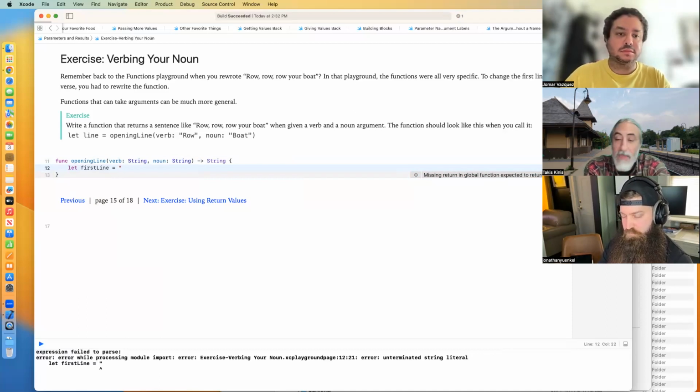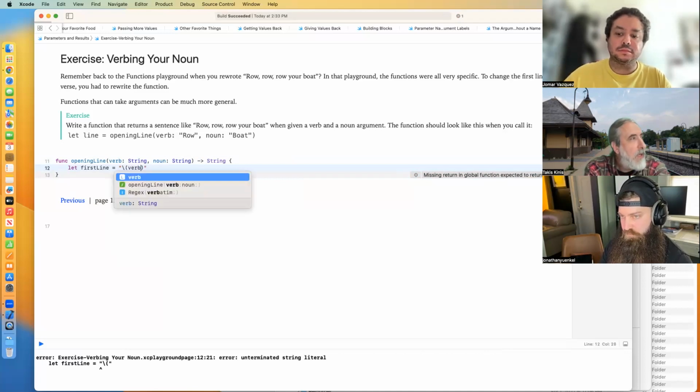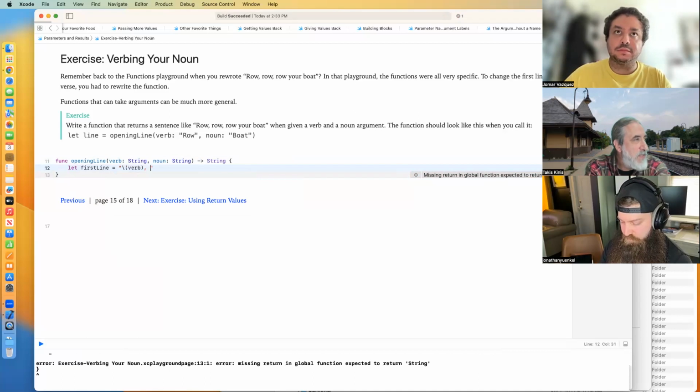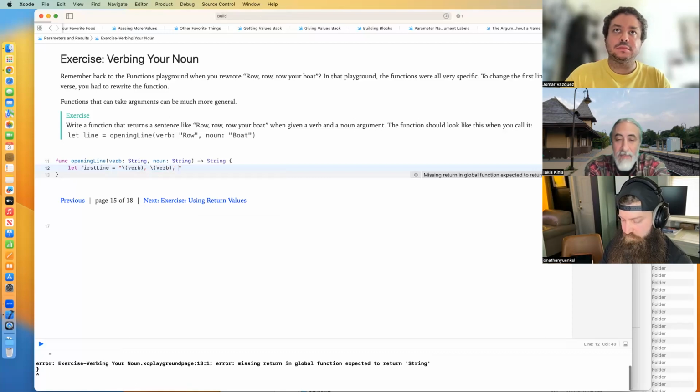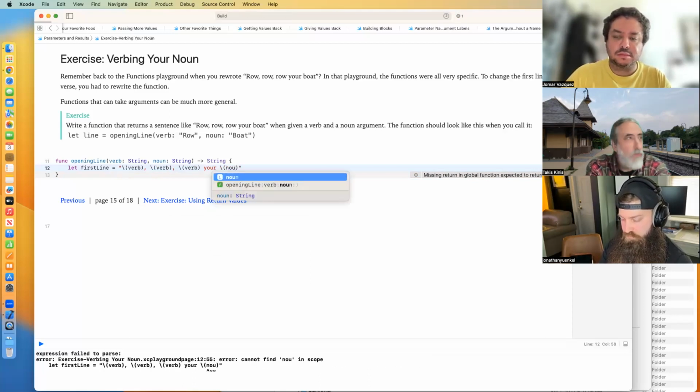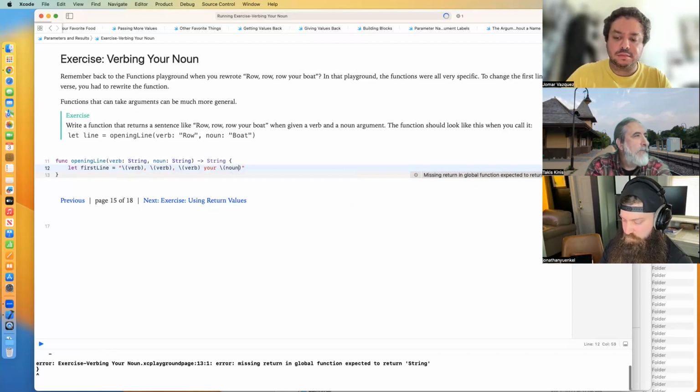So we can just say, and this is how I recommend that you do it, use string interpolation. So we'll say backslash verb, comma, space, backslash verb, comma, space, backslash verb. So row, row, row, your, and then whatever your noun is, backslash noun, like so. All right. And then